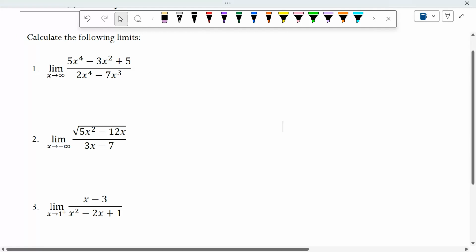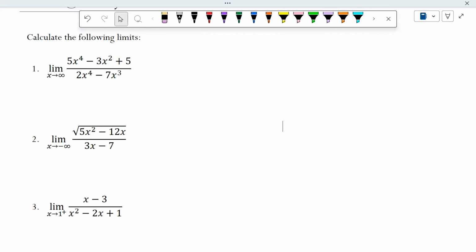All right, so calculating limits. This was from limits at infinity. The first two examples are similar to what we did in class, and then the third one would have been from the small, what was it, an 11-minute video that I said I was going to finish, of